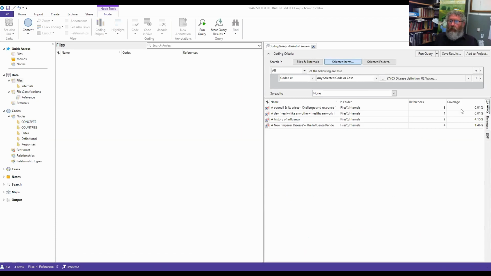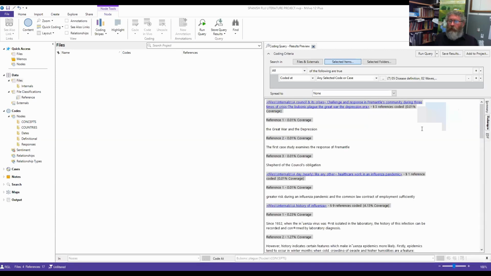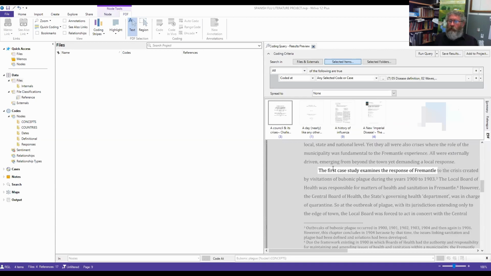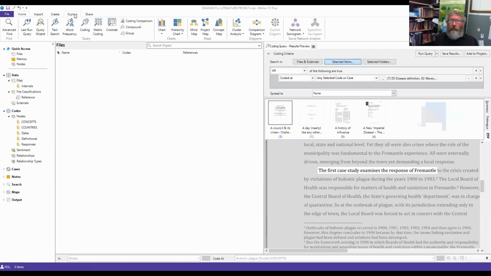I can get the summaries. So these are the documents. There were 4 documents. This is the number of references that came up. Here's a listing of them, or I can just see them according to PDF and see the pages and where the text is that was coded. So that's exploring, looking at coding,